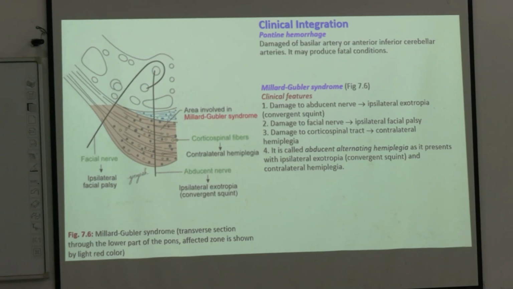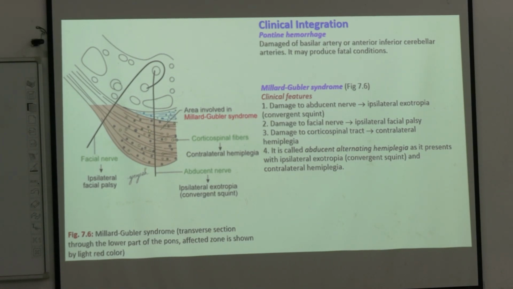The second clinical problem that we call here is Millard-Gubler syndrome. So what is happening here in Millard-Gubler is that the anterior or ventral segment of the pons receives less blood supply or lack of blood supply. So we have a hemorrhage affecting this shaded region. If you have a hemorrhage in this region, it catches two nerves which are exiting in this region. You see the cross section is lying in the lower part of the pons. So in the lower pontine region, if you have a hemorrhage, it affects two cranial nerves, the 6th cranial nerve